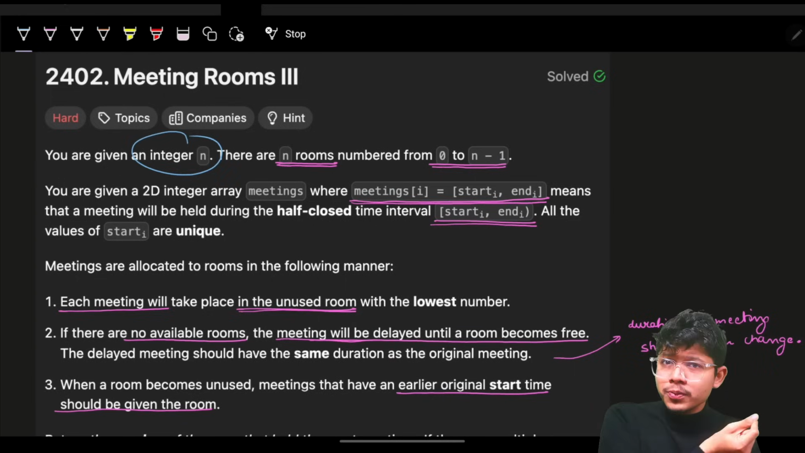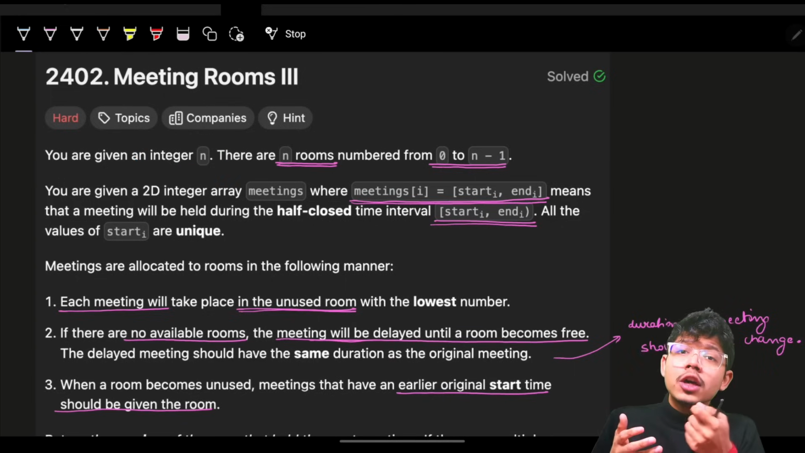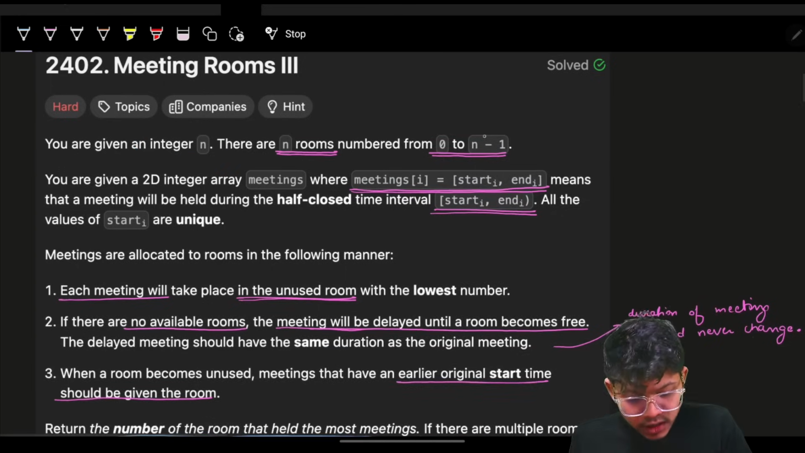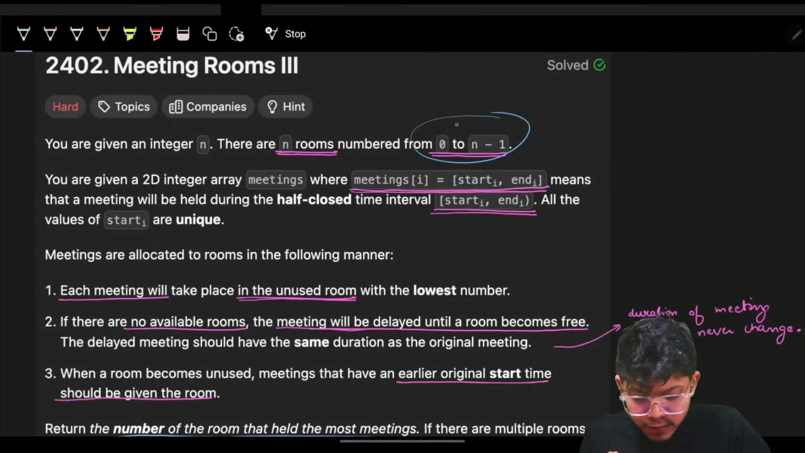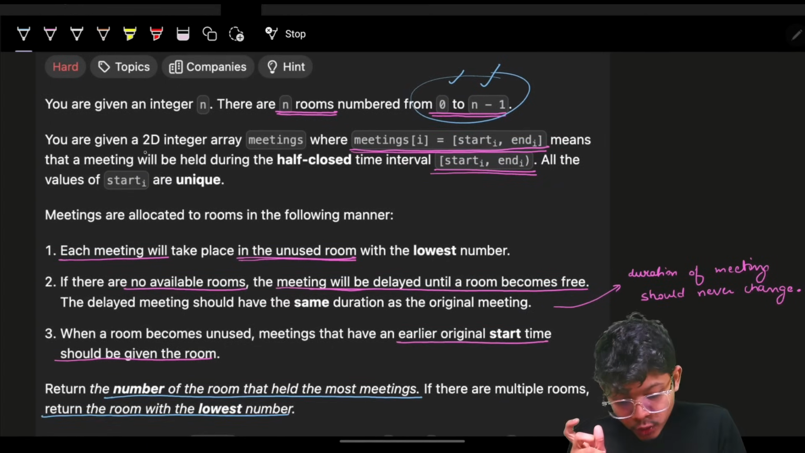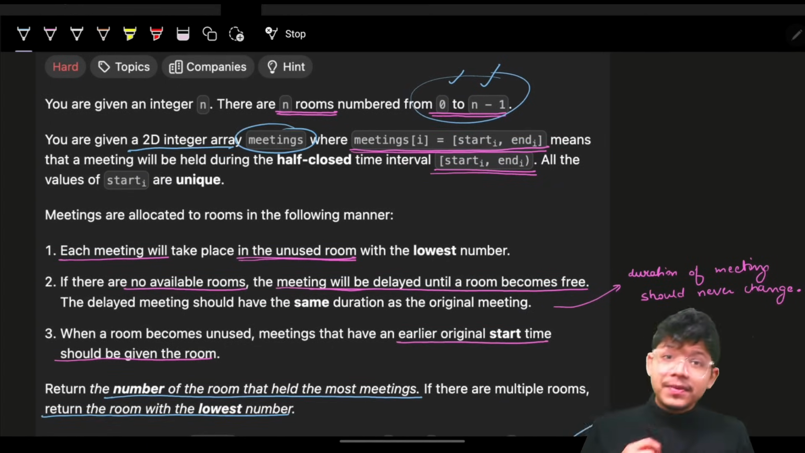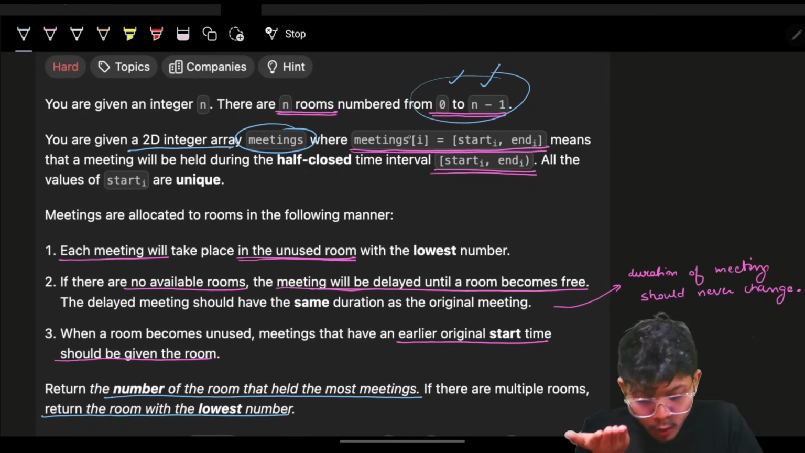Have n rooms, which means I will have n room IDs. Now, for those n rooms, the room IDs are numbered from 0 to n minus 1. I'm also given a 2D integer array called meetings, which represents that meeting 0